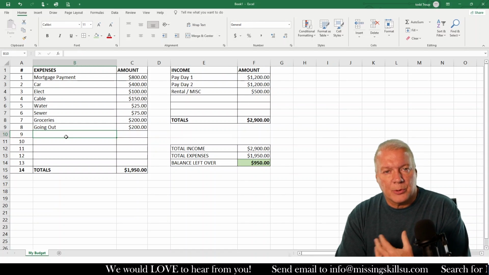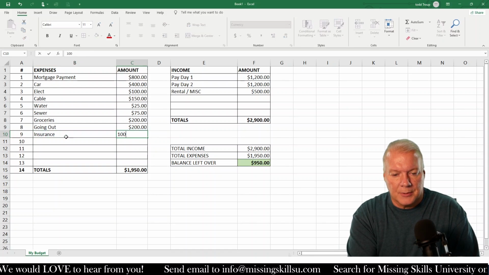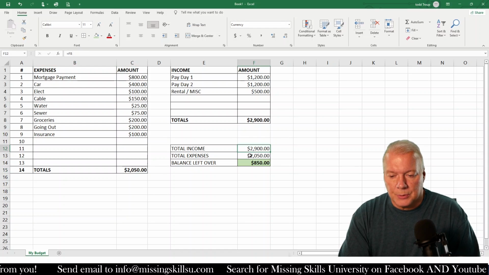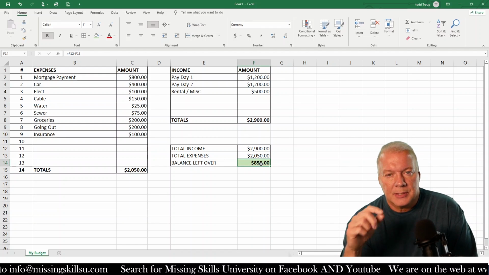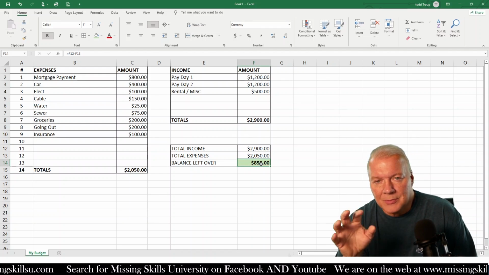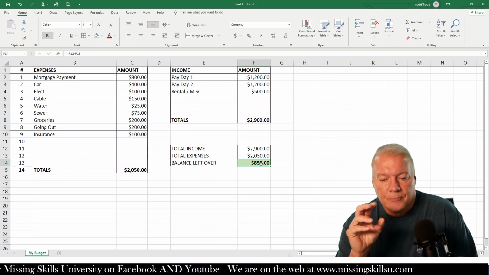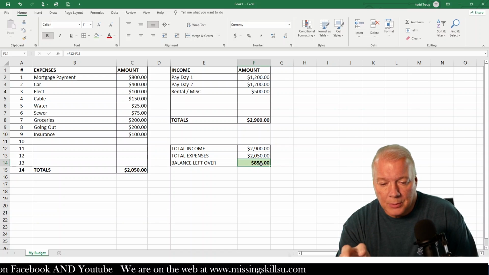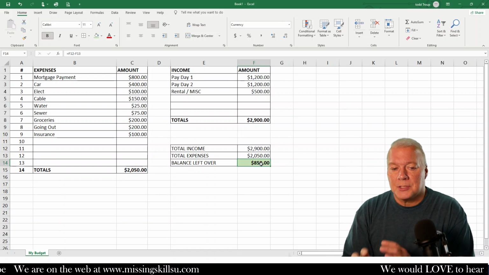Again, the second month, the third month, you forgot, oh, I have an insurance bill that I pay every month. It's $100. Okay, here's your total expenses. Here's your adjusted total income. Here's your expenses again. Here's your balance left over. It's a nice little amount. Everything's paid for. You have some money left over. Now you know how much you can use to give some money to charity, buy something for mom and dad, buy something for your children, buy something for your spouse,